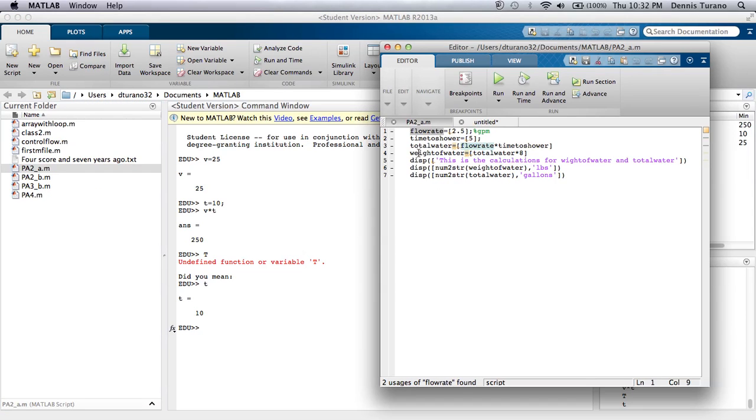Total water, I have multiplication. Again, multiplication of total water multiplied by 8. And then I have these displays. These displays are important because I can do commands like num2str, which I can put into parentheses, and I can show what's the total outcome or the answer for my total water is displayed. And then what you can see is that I have these sentences that are in apostrophes that will show up